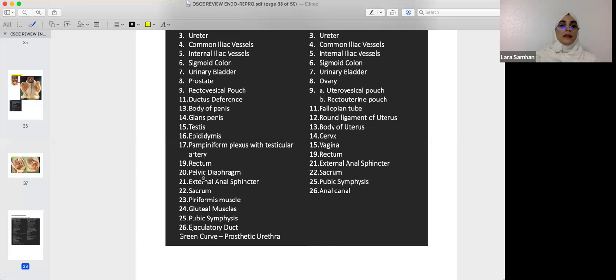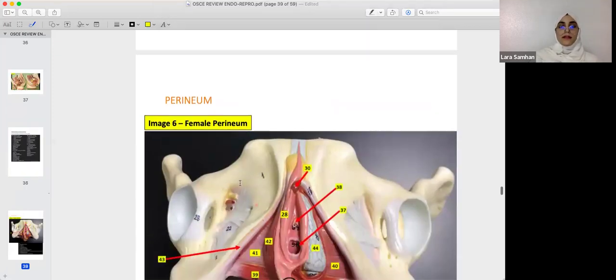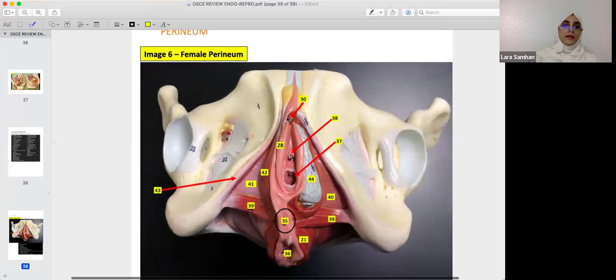Else we have the pelvic diaphragm. We have almost the exact same muscles in the female and the male. Okay, so that's mainly it in regard to this picture. So moving more to the perineum, as we said previously, we have this picture. So basically, just to orient, this picture is